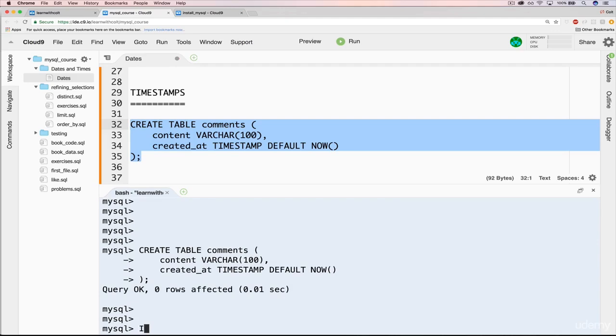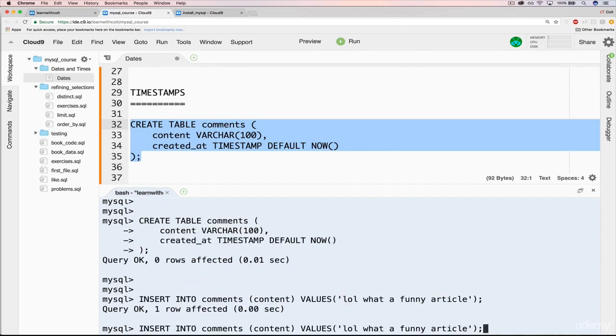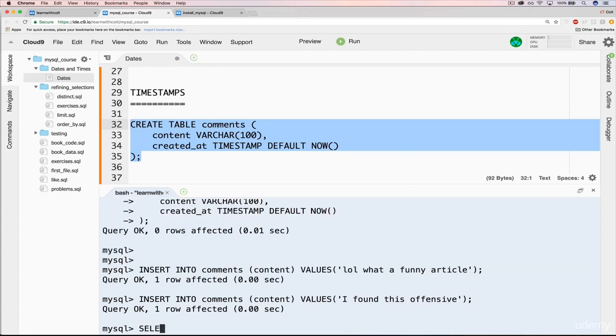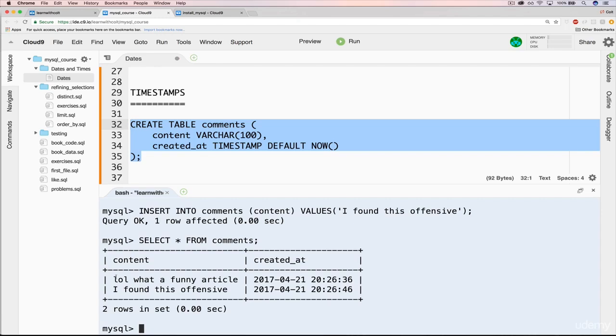and we insert a few things, so let's do insert into comments. All we need to insert is content. And what we'll do is just insert our first one. I'm going to do them separately so that they have different timestamps. So the first one will be "LOL, what a funny article." Something silly like that. Then let's do another one like "I found this offensive." Okay, so now if we do select star from comments, you can see